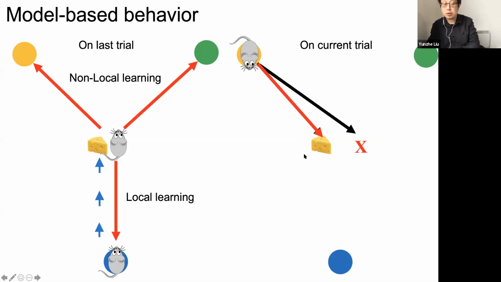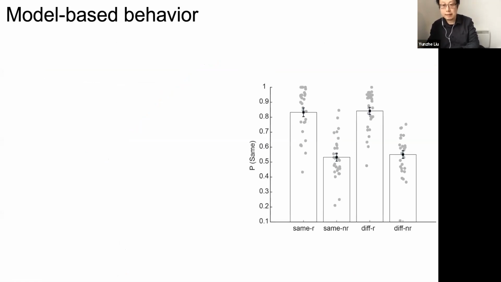So this is what we can use as an index of model-based behavior, using some model agnostic analysis to detect that. And indeed, this is what we find. So "same" means starting at the same arm as the previous trial. "Diff" means starting from a different arm. "Reward" means got a reward last trial, "unrewarded" means didn't get a reward. So this contrast is a textbook case of model-free learning. So you do that through trial and error.